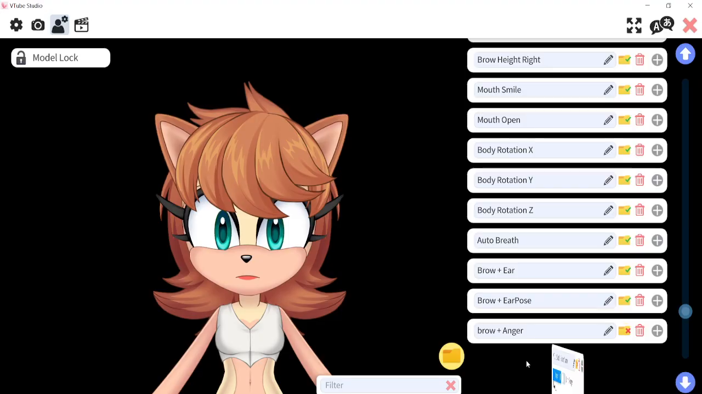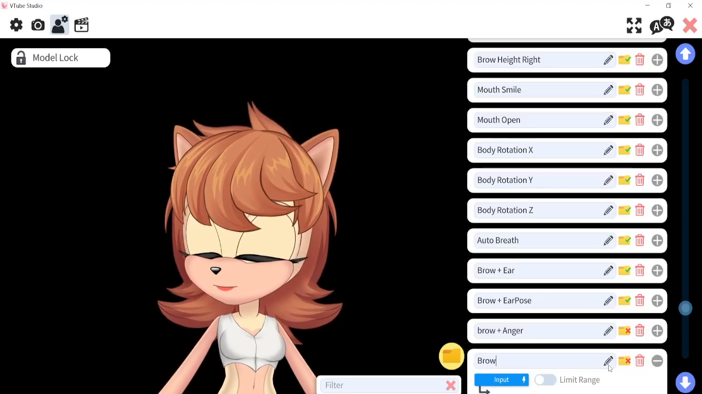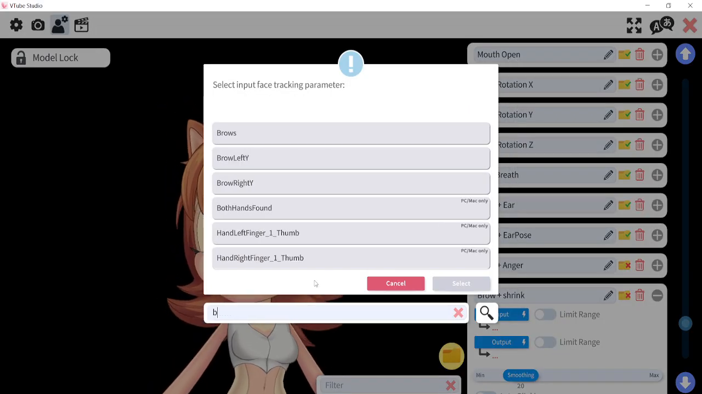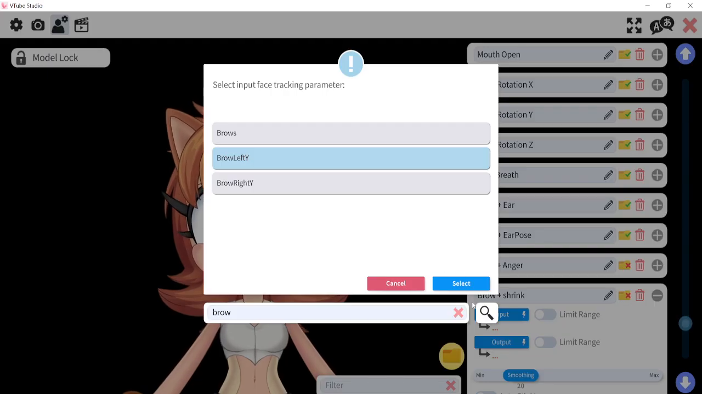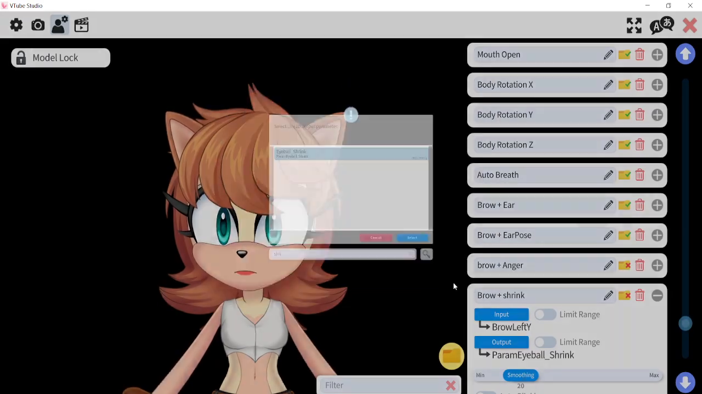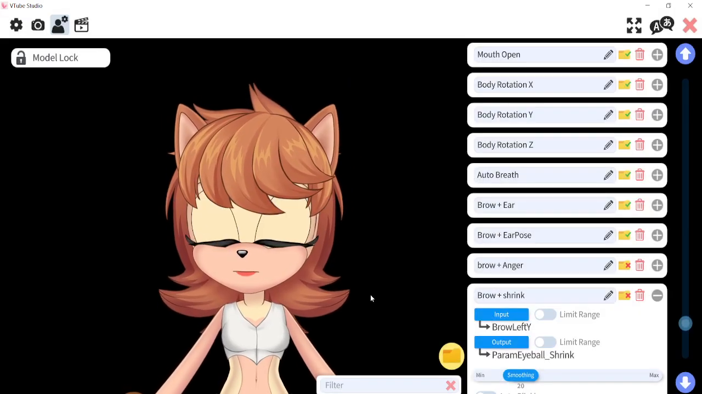Let me do brow plus shrink. So we can do brow input, left or right, doesn't matter. I'm going to output shrink. So this makes the eyeballs shrink. So now when I lift my eyebrows,